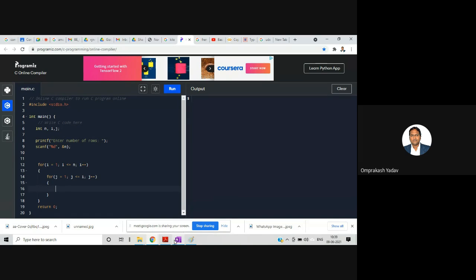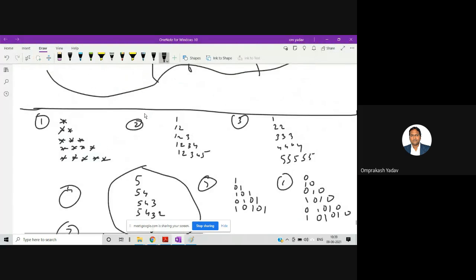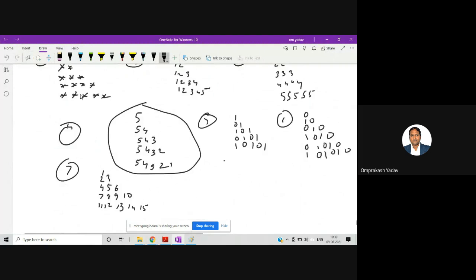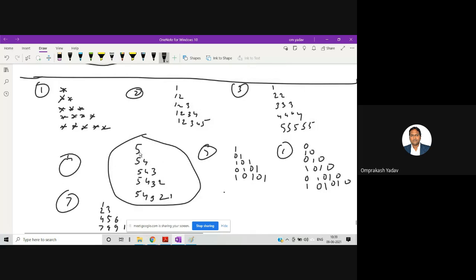If you see over here, all these are the first type of pattern, right? Whatever the row number is, that many number of times we are moving through the columns, printing the values in that particular row. So for example, this is row number 3. So i is equal to 3. Hence, j will also move 3 times. It is going to print 3 elements in that particular row. In this particular row, the i value is 4. So j will move 4 times, and it is going to print 4 elements in the columns.